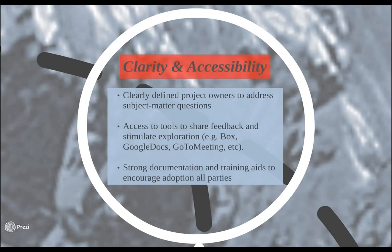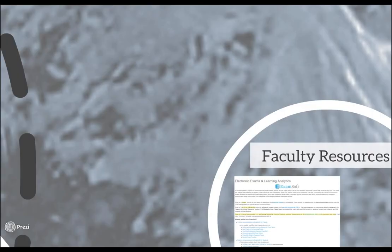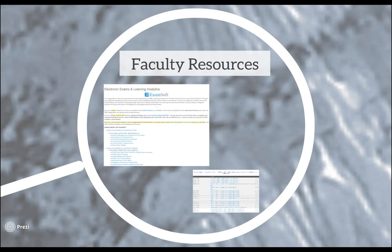Kent or any of the other faculty that were involved in the pilot, hearing their success stories, that's really what allowed us to gain some momentum behind this, in addition to the strong documentation and training aids we just alluded to. And I just want to show you briefly a quick snapshot of the faculty resources that we had available. And this is in addition to what ExamSoft already provides inside the client and on the ExamSoft